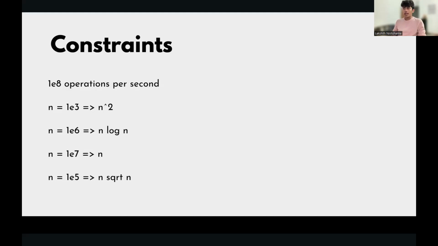I'm going to assume you all know about time complexity. Again, you have to focus a lot on time complexity. I think this is the main bottleneck of solving problems, because if you had infinite time, you could solve any problem.